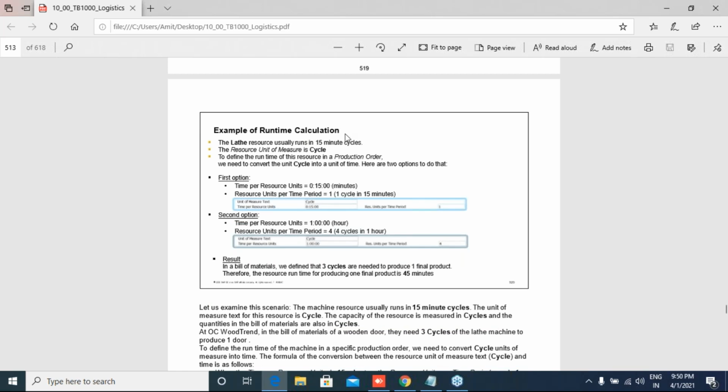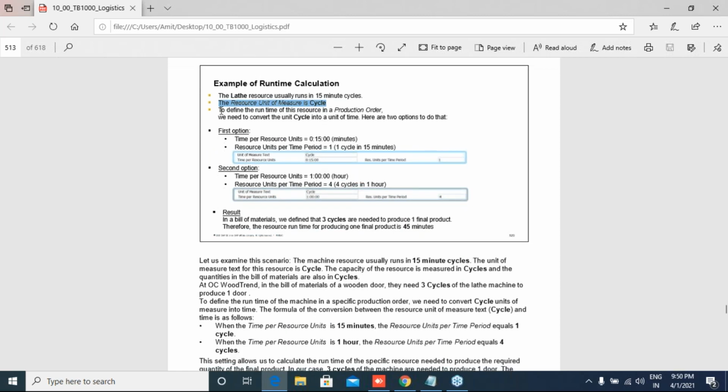Example of runtime calculation: the lathe resource usually runs in a 15-minute cycle. The resource unit of measure is cycle. To define the runtime of the resource in the production order, we need to convert the unit cycle into a unit of time. Here are two options to do that.